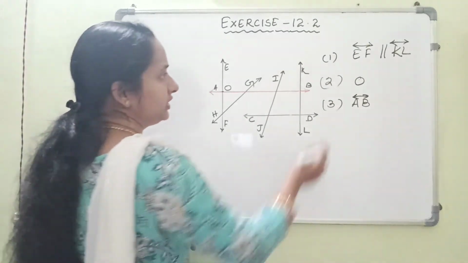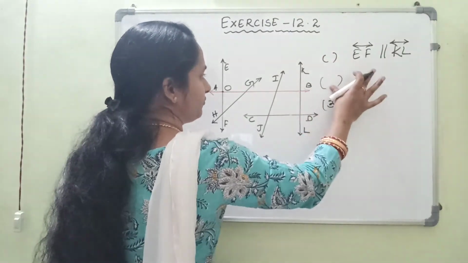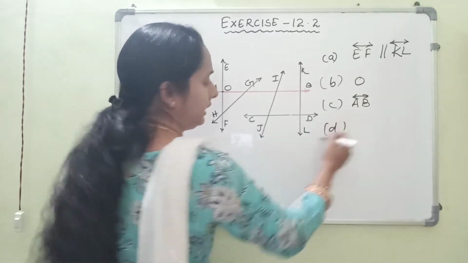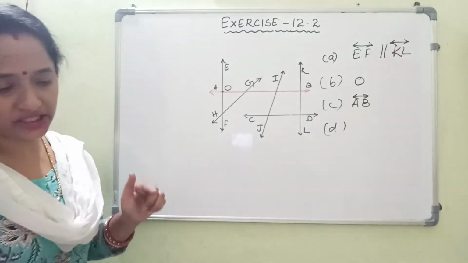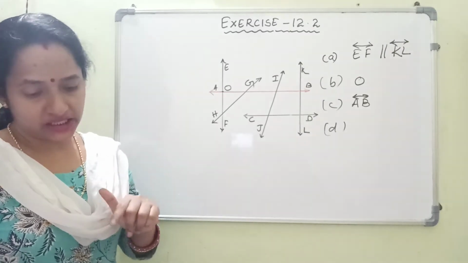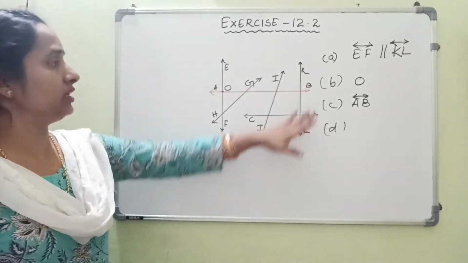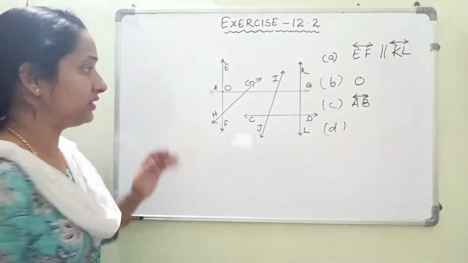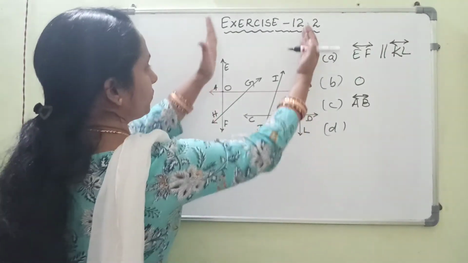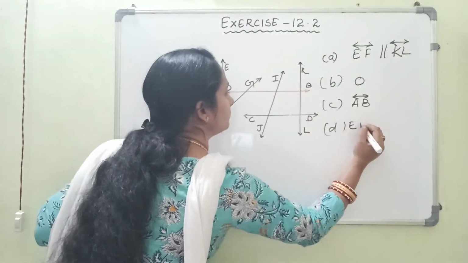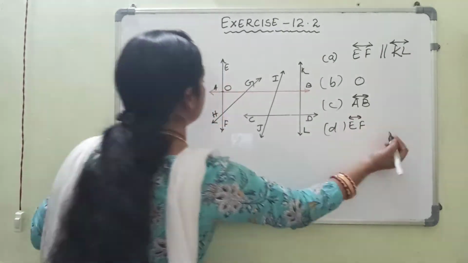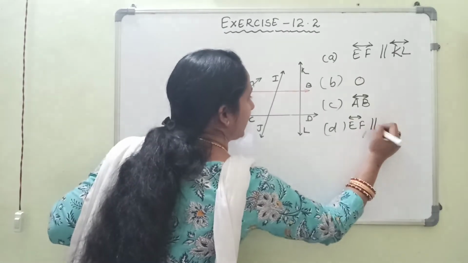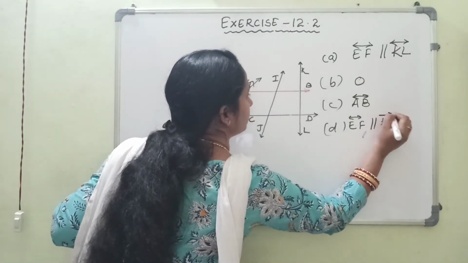Next we have, these are given as A, B, C, D here for you. First one is bit A, bit B, bit C. Now come to bit D. Bit D we have dash and dash are two pairs of parallel lines. So in this whole figure, you can take out two pairs of parallel lines. First pair of parallel lines are these two, EF, KL. EF is parallel to KL.